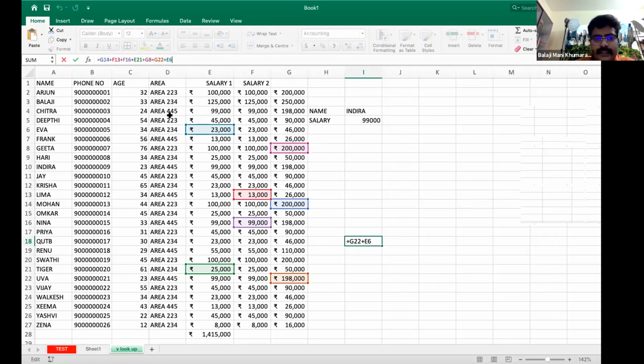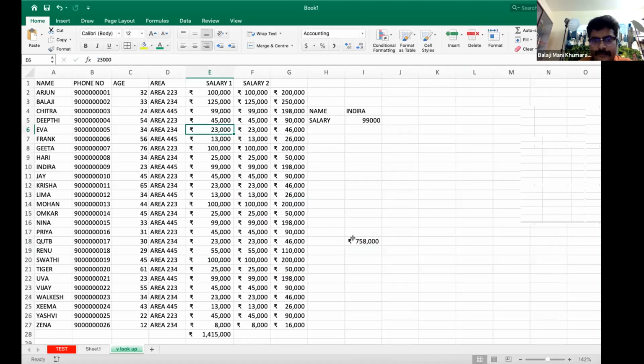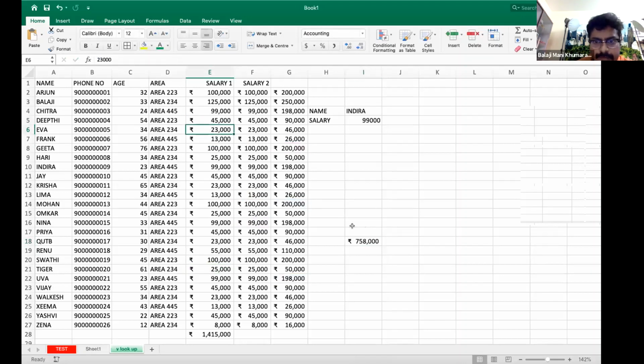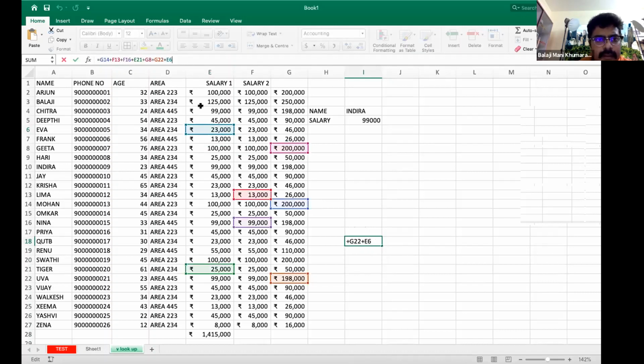Let's assume instead of this 23,000, erroneously I've done 23,000, it is supposed to be this 99,000. So I just have to move this. This E6 is there, right?